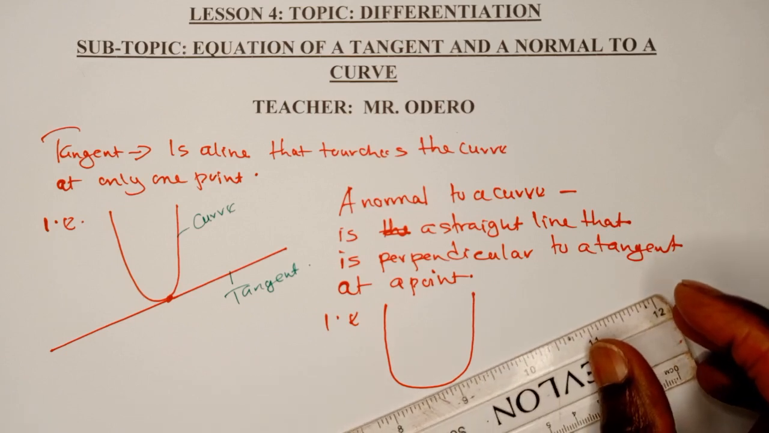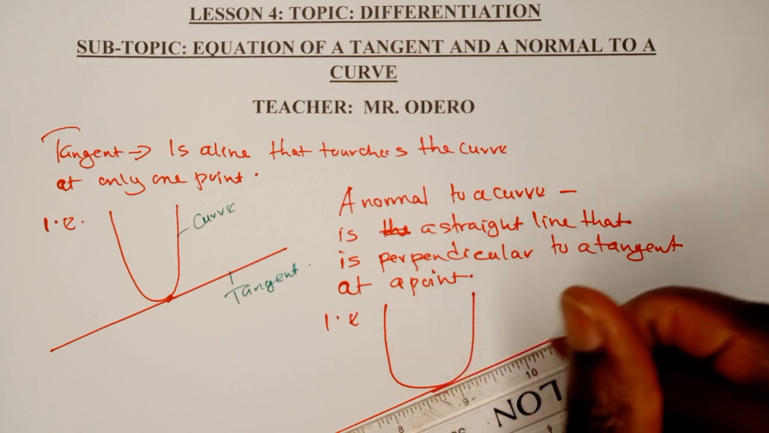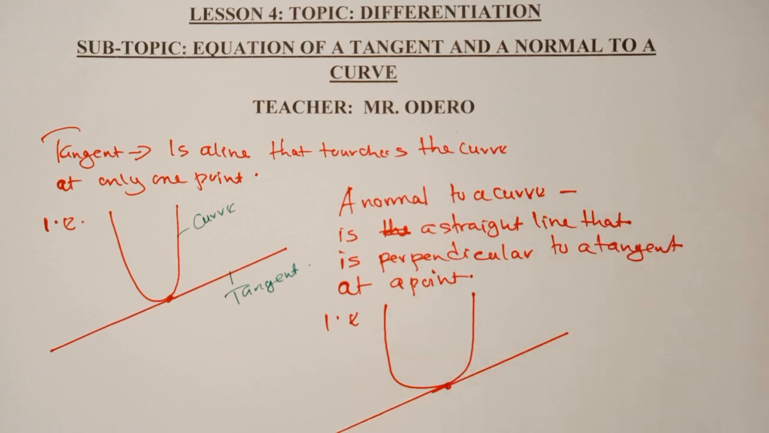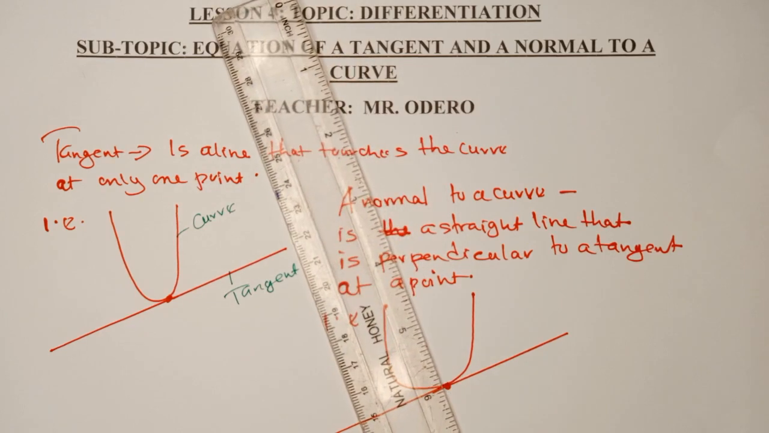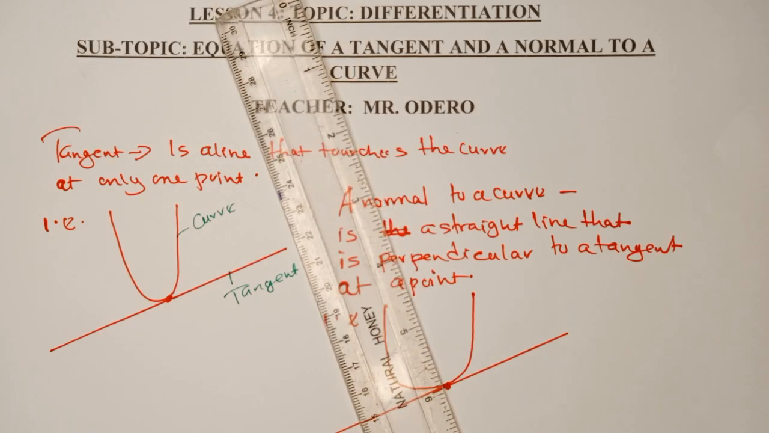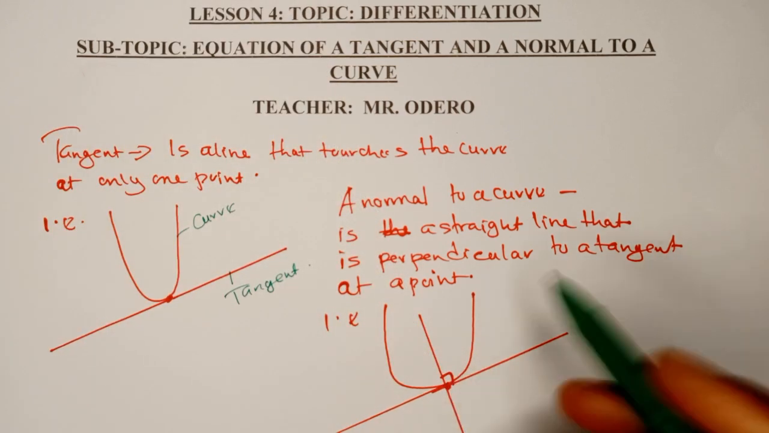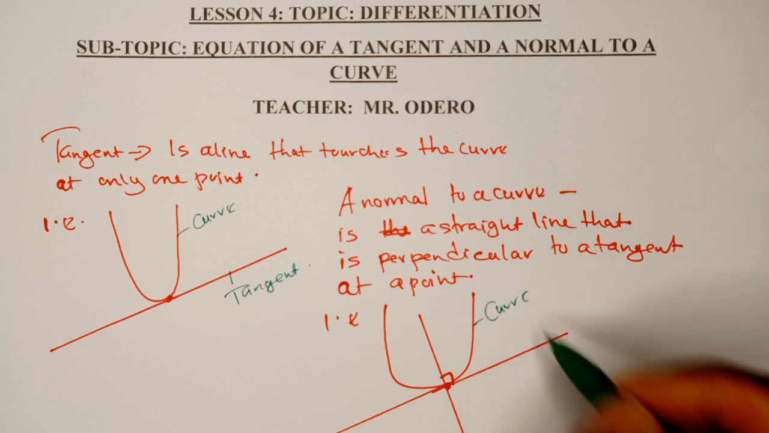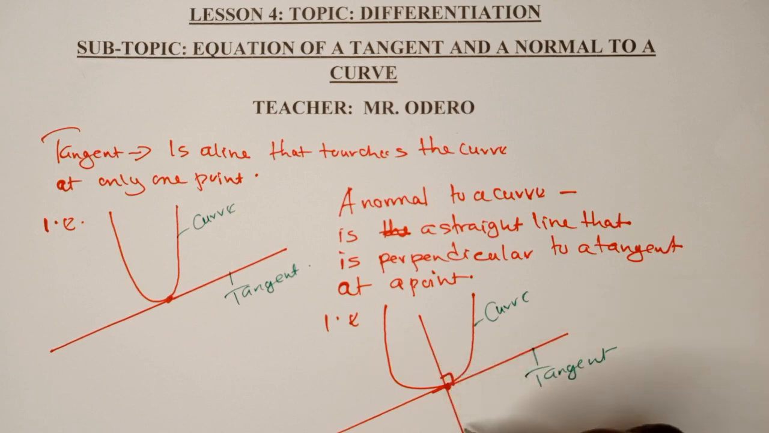then we have a line that is touching the curve at a particular point. So let's say this is the point. Then a normal is the line that is perpendicular to that tangent. So this one is now my curve, this is the tangent, and this one here is the normal. Examples: